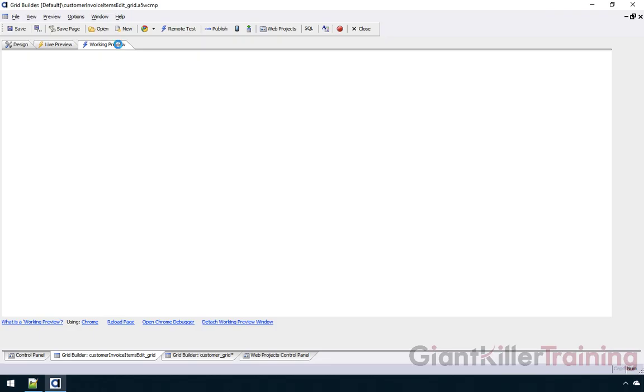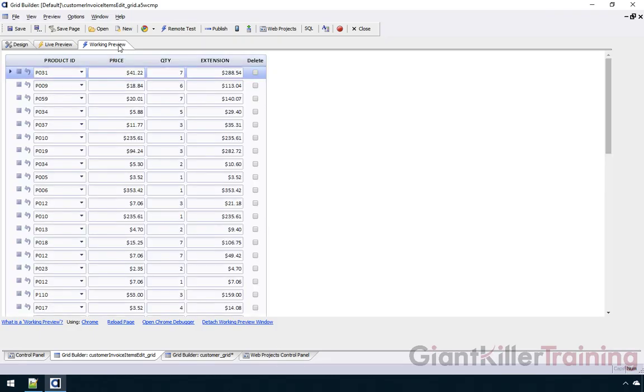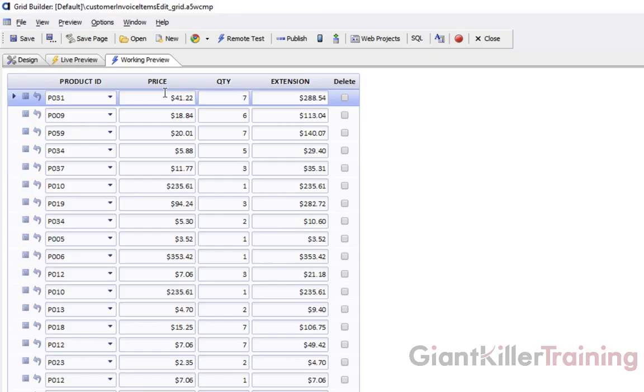Go into Working Preview. And you'll see I have my editable grid. It's displaying my price, quantity, extension. And for instance, if I change the quantity here to 8, you'll notice that the calculation is built in, so it'll recalculate the extension. But let's say we wanted